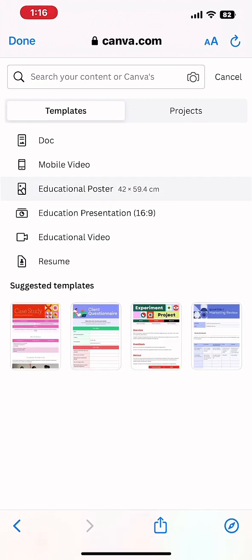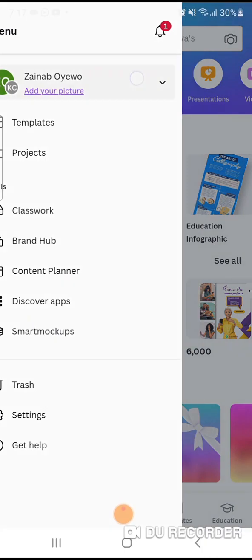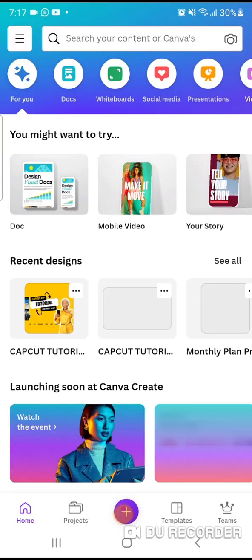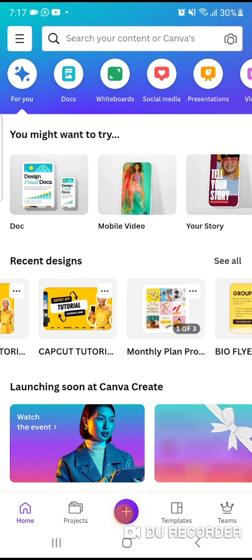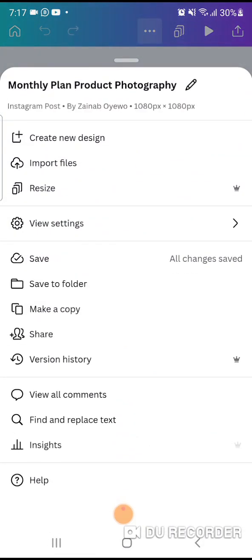You will get results. So let's say you have a design in your other profile, not in this team that I added you to. Let's say this one is my profile. I'm switching to my own profile, the one that I was trying to pay Canva for and they did not accept. I've switched back. So let's say I've already started the design, and I need to move it to the other Simbi Props team that you have been added to. So what you will do is tap on the three dots at the top,